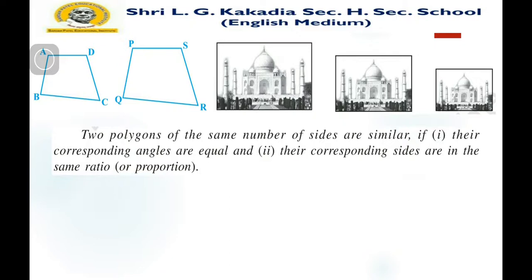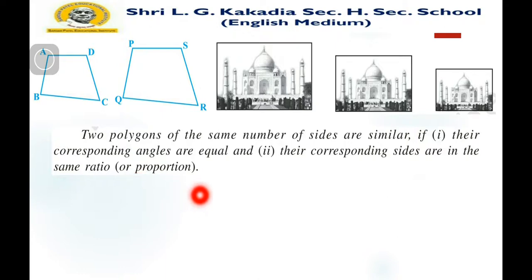If you take two hexagons, we can say that they are similar if, first, their corresponding angles are equal. First condition: the corresponding angles are equal, and the second is their corresponding sides are in the same